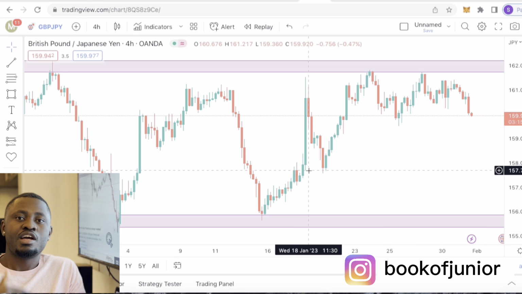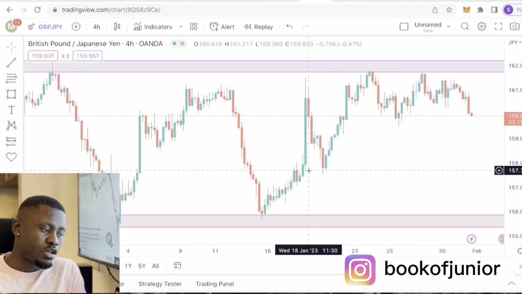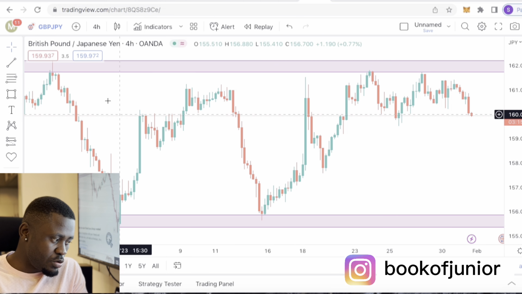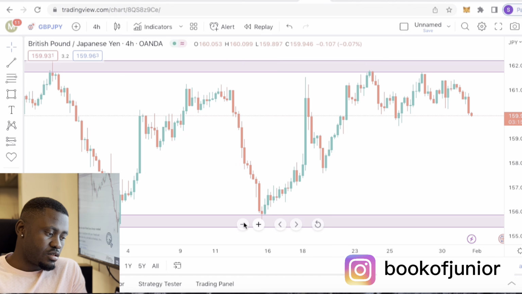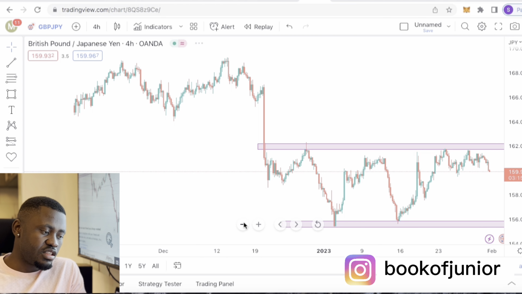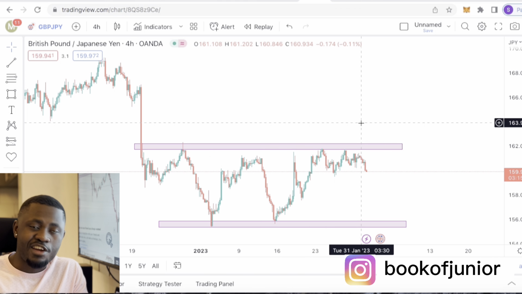Price can't break through there. Again, you look out for candles that show reversal. So as you can see, this is a reversal. Traders, if you're a beginner trader, use these concepts and try as much as you can to stay profitable off